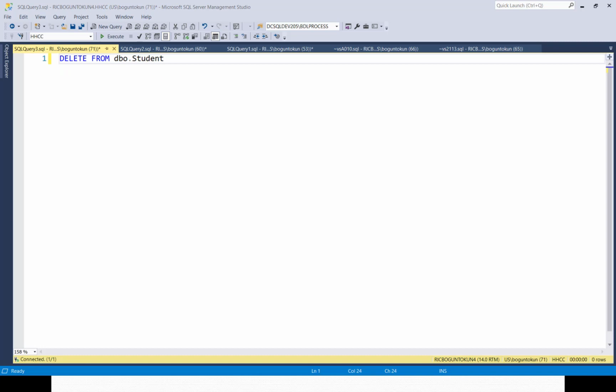You write the delete keyword and you specify the table you want to target using the from clause. In our case, we want to remove all the rows from the student table. Usually, you would not be removing data from an entire table. This is why you need to ensure that your delete statement is removing the exact number of rows you actually